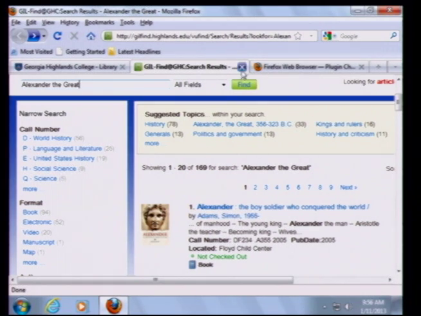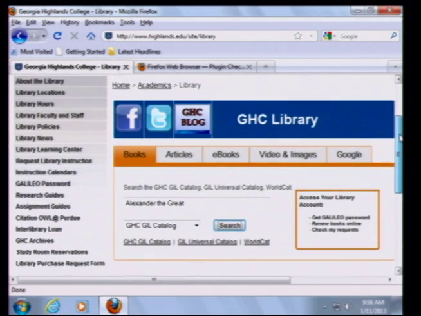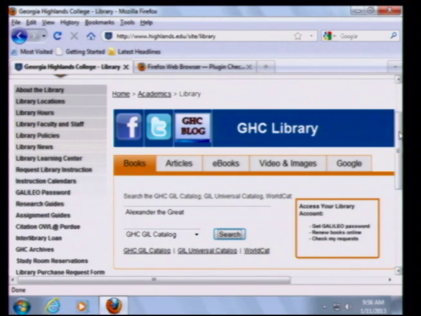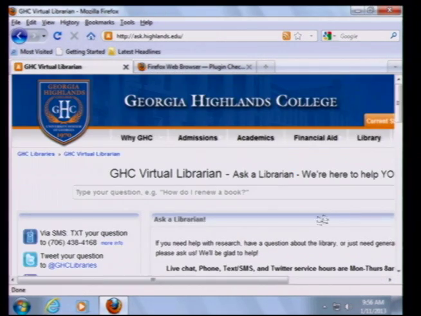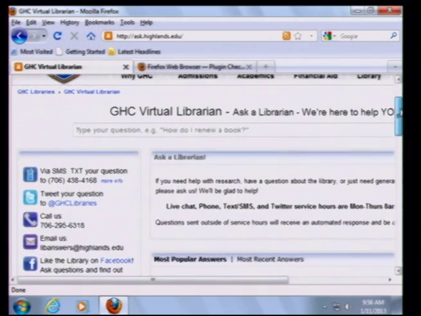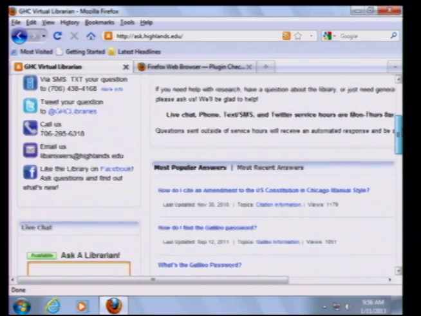So what we need to do is we need to go back here and we need to look at the library homepage for just a moment. And I want to point this out to you. Over here on the right side of the screen, we have this little Ask link. You can click on that. And these are ways that you can get in touch with our library staff. So very, very helpful link.